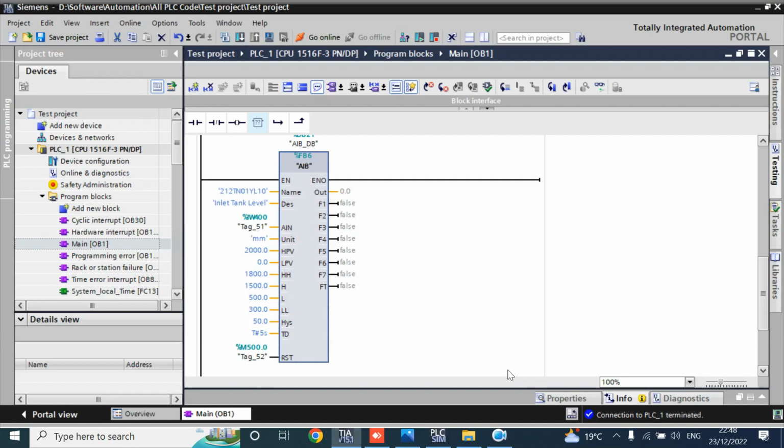Hello friends, welcome back. This is our fifth session of AIB, the analog input block. We have generated the high and low alarm, and also the power failure and overflow underflow alarms. Today we'll generate the high-high and low-low alarms. Also we'll give an interlock,